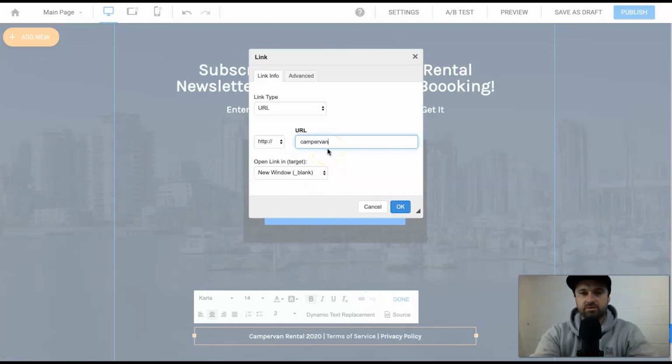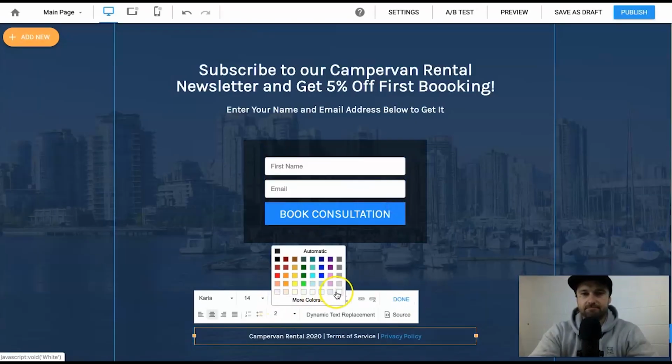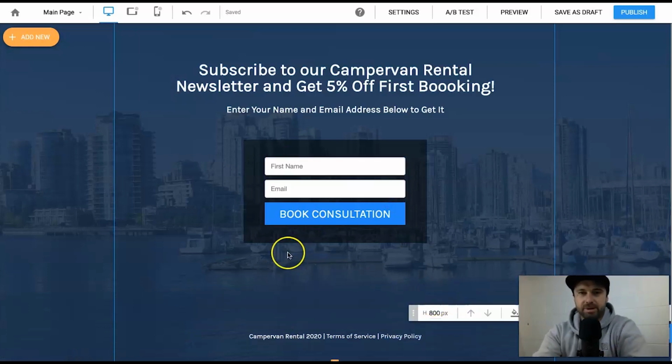And same with privacy policy. So campervanrental.com/privacypolicy. Cool. Okay, and make it white. So there's a very, very basic